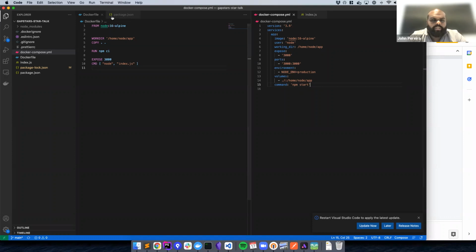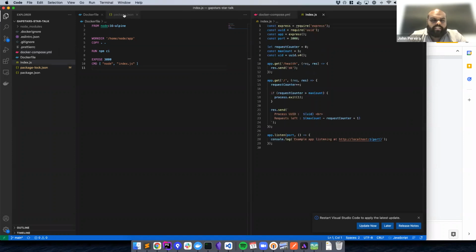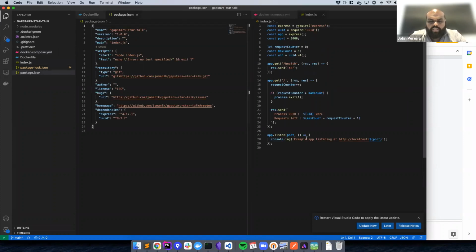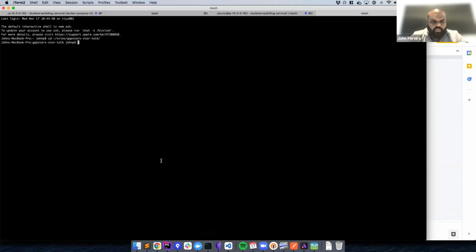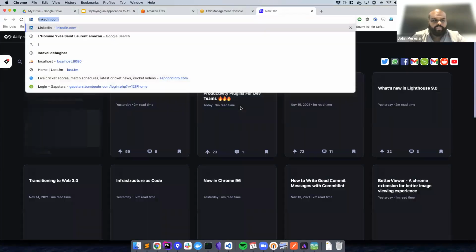It's very simple here. And the application itself is 20-30 lines. All it does is it has a help endpoint which returns okay, and the regular URL, if you hit it, will just run a counter and make sure that it exits at 5 requests. This is useful for later on, and it's running on Express. So just a quick demo of this. Okay, app is running on there, and we just